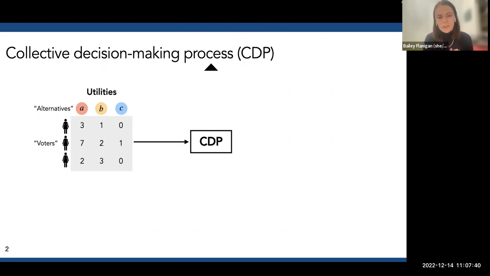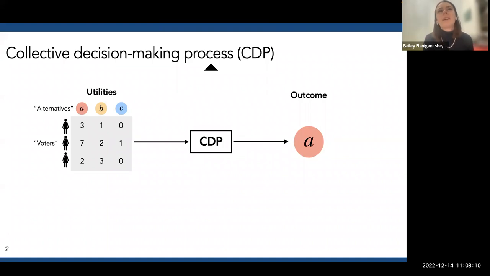And then we're going to run a collective decision process. The first key feature of a collective decision process is that it takes in some information from the voters. Maybe it takes in some features, maybe it takes in voter submitted preferences, whatever. And then it's going to make a decision, and it's only going to be able to select one possible alternative out of all the alternatives, and this alternative will then affect everyone. This is a really important feature of a collective decision process, and it differs from other kinds of processes whose social impact we care about.